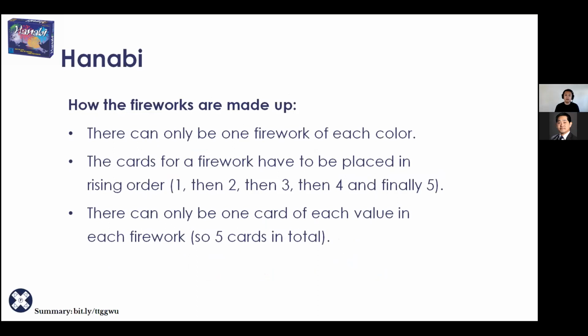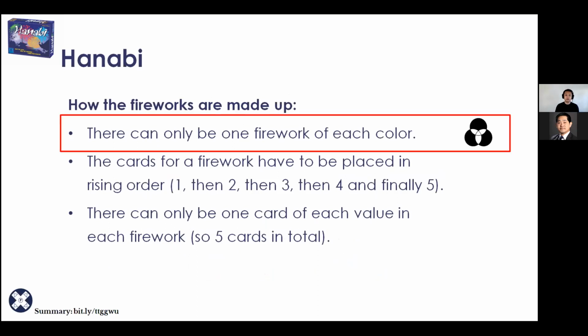All right, so how are the fireworks made up? So here are the rules here. There can only be one firework of each color. Once a white 1 has been played, you cannot play any more white ones. Once a green 1 has been played, can't play any more green ones. Likewise for all the other colors going up in the display. Each display can only have one color and one number of each